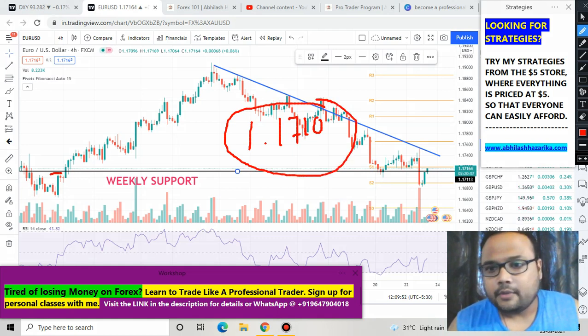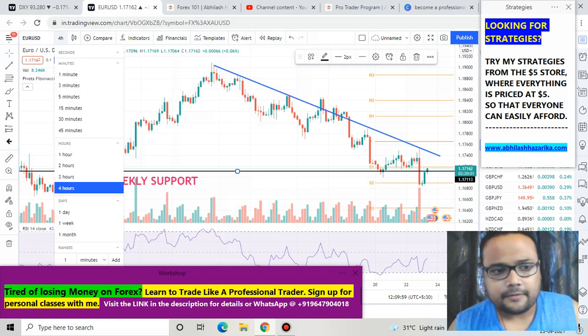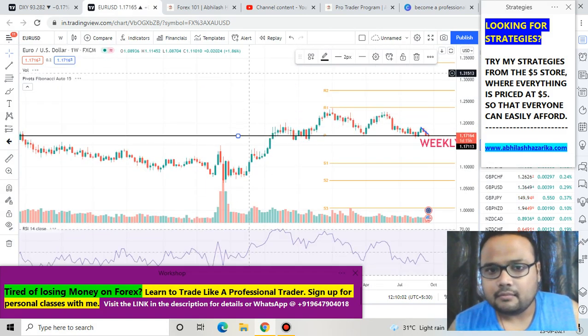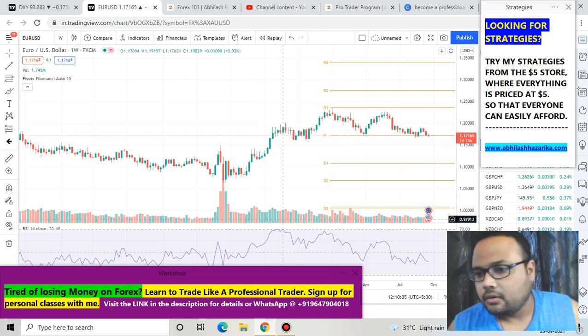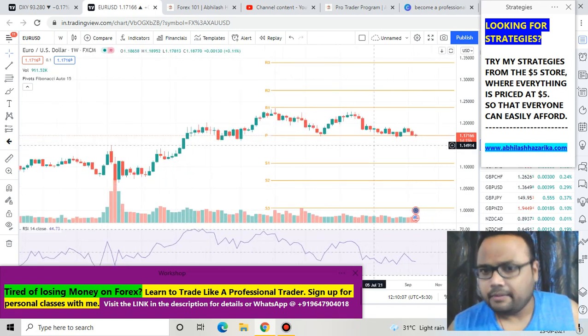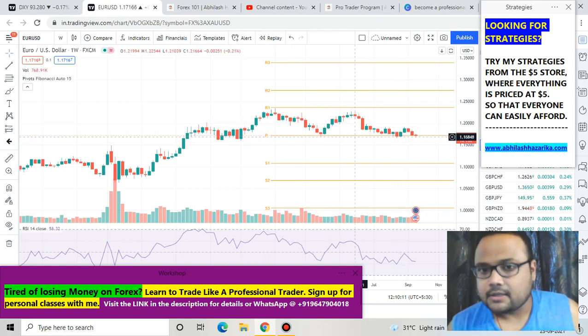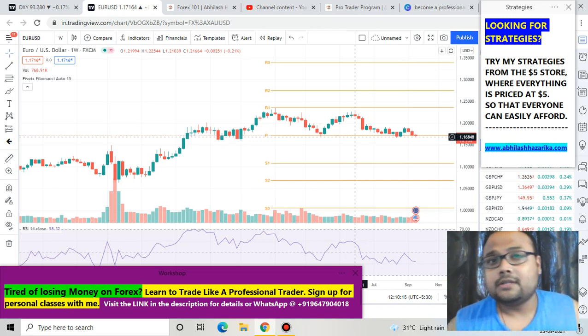Yes, the market did break here, but if we look at the weekly chart, you can see that though there was some heavy selling pressure previously also, the market still managed to close above the support here. So 1.1710 is still a valid support for the market, and there should not be any doubt, because